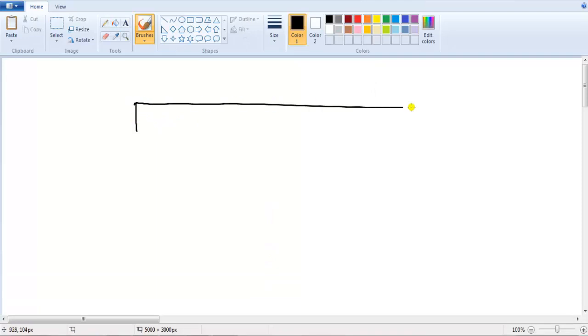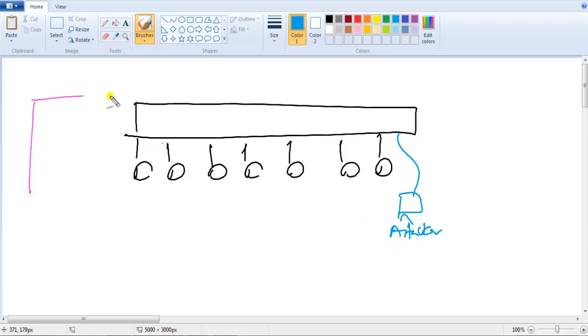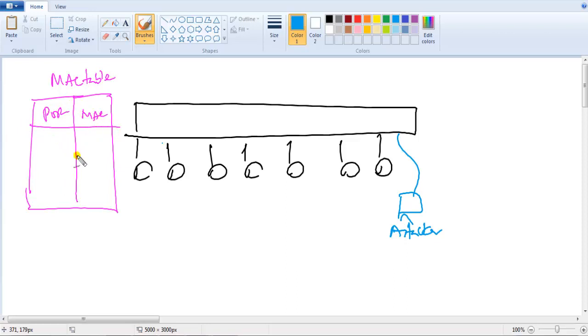Now take an example. I've got a switch here in the LAN and all the users are connecting in the LAN here. Now there is also an attacker sitting here. Let's say there is an attacker who is also my internal user in the LAN. If you remember from the basic switching concepts, we have learned that switches are more intelligent devices because they can store a table called the CAM table or MAC table, which has information on what MAC address is connected to what port number.